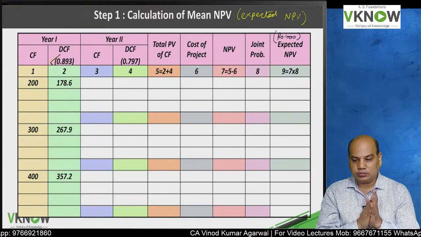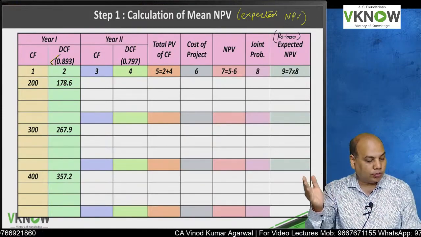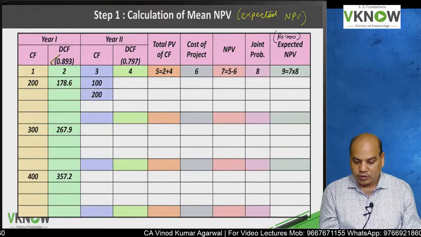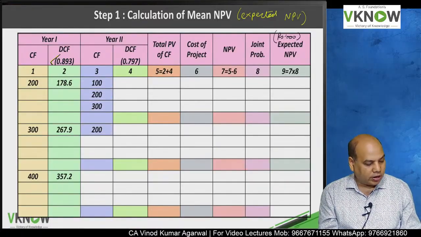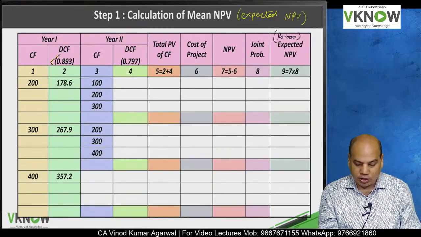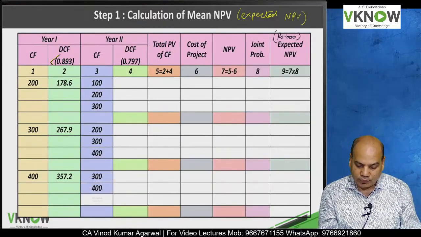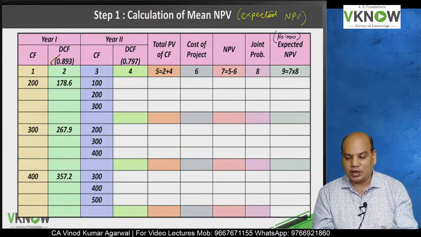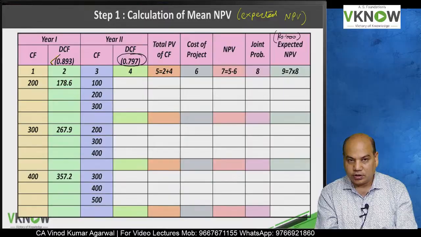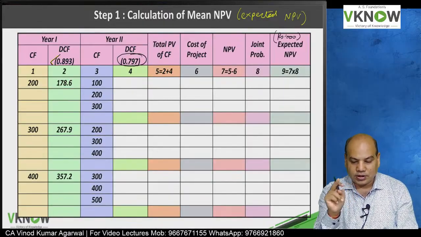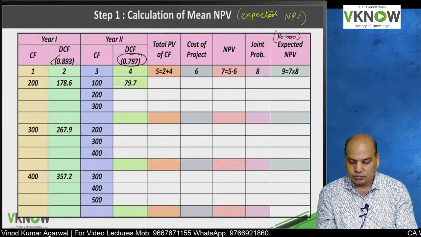Is it right now? Now year 2 cash flow depends on year 1. Copy from the book quickly. Same numbers copy: 100, 200, 300, 200, 300, 400, 300, 400, 500. All this you have to multiply by second year factor 0.797. First number multiply 0.797 into 100 equal to